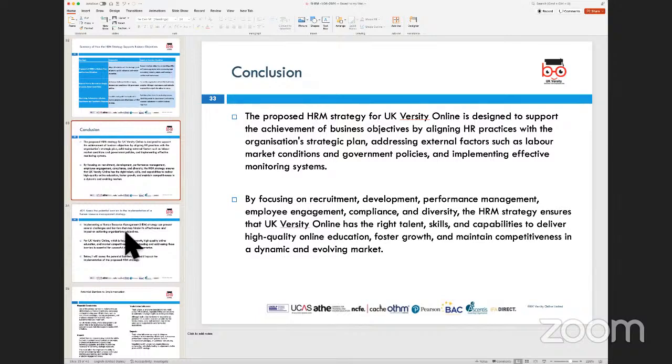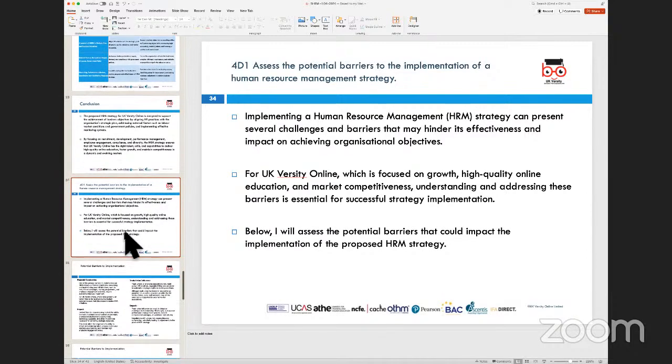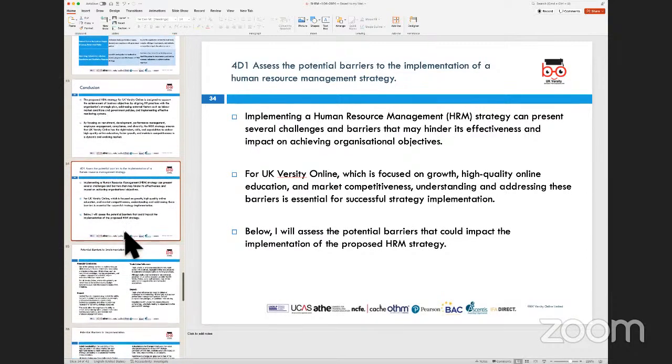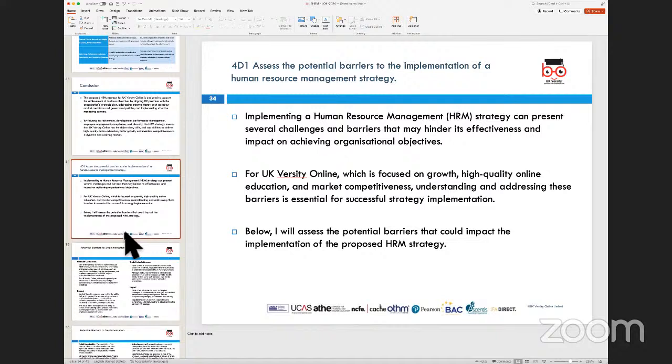Any questions on this? No questions. Okay, we'll go into the last assessment criteria, which is now talking about some of the hurdles or